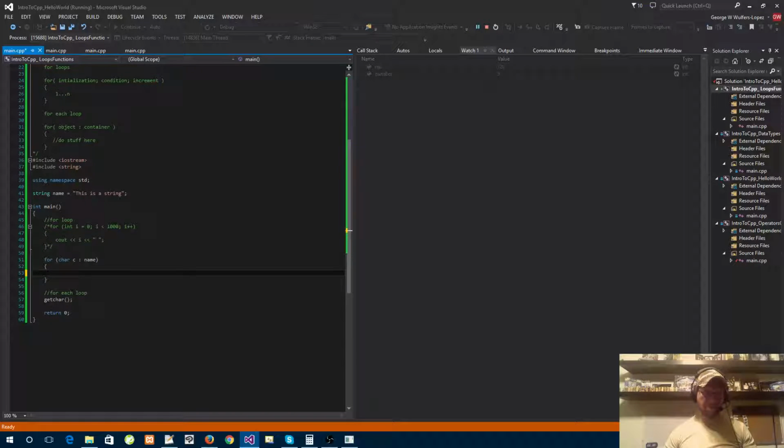So we'll say if C is greater or equals to A and C is less than capital Z, then we want to do C plus equals 32, and then we want to do a cout of C,